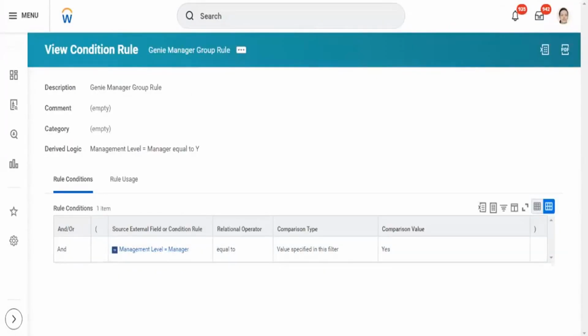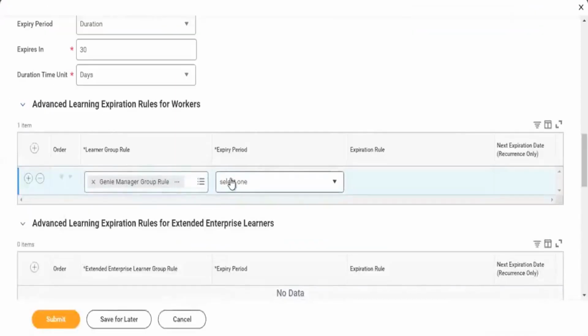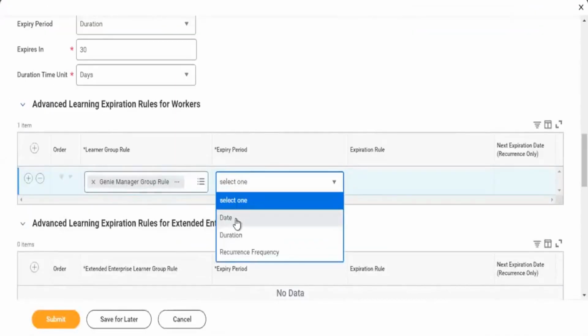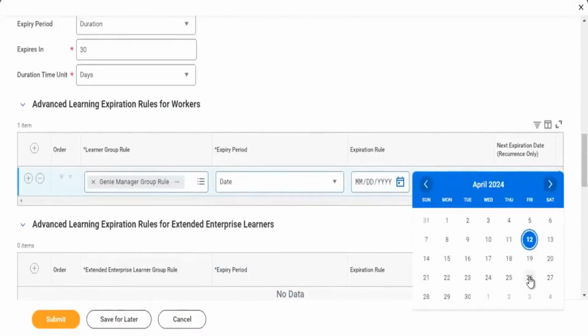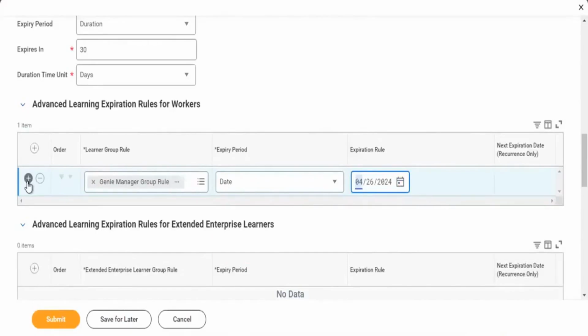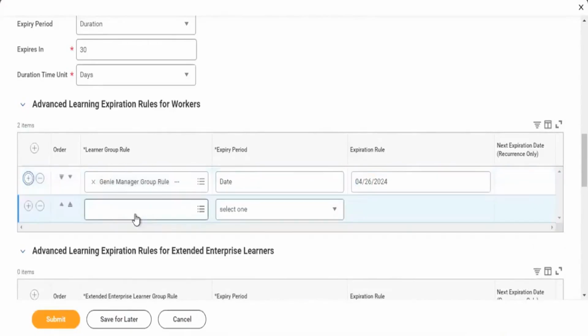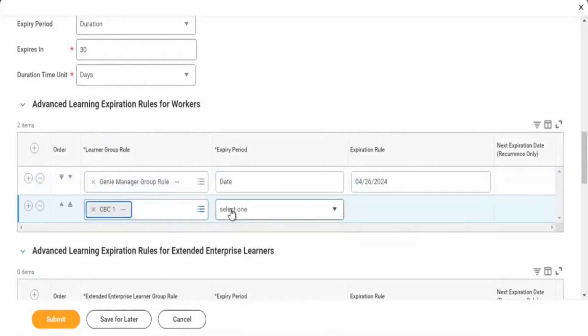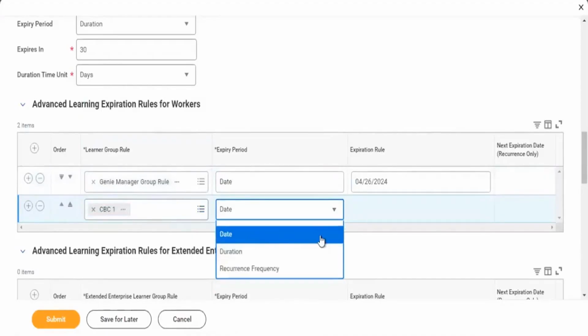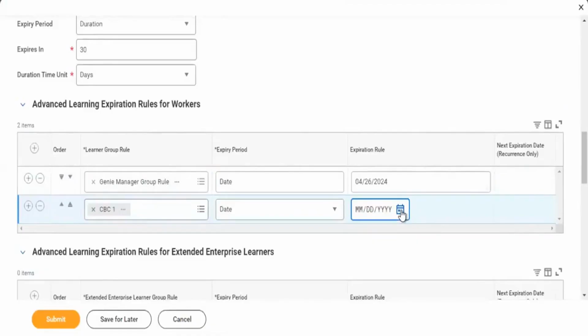For all directors, if you want to set this to be expired, you can create a rule. For all managers, if you want this to be expired, you can create that rule. Let's say this is a manager, and for this group, if you want to expire it on 1st May, you can do that.